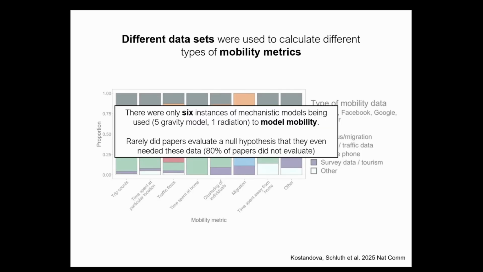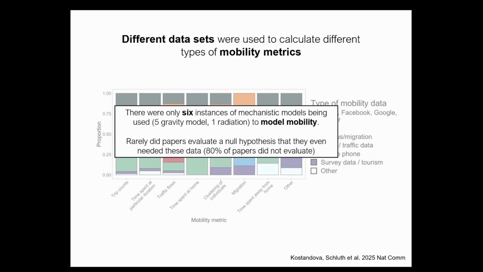What was interesting is that almost none of these papers modeled mobility, whereby they took the data and applied some sort of mathematical or statistical model to that data and used that in their analysis, as opposed to taking the counts of the data and directly using those values. Of the papers that we analyzed, there were only 6 instances where someone used a mechanistic model in particular. There were a few more statistical models, or some smoothing. Smoothing was quite common, but almost none of them were mechanistic.